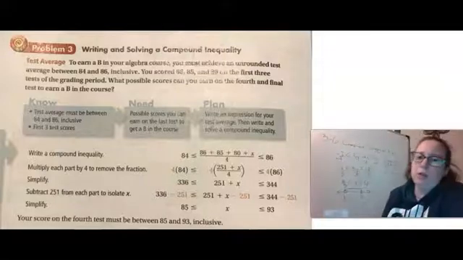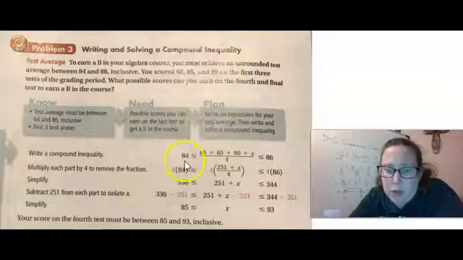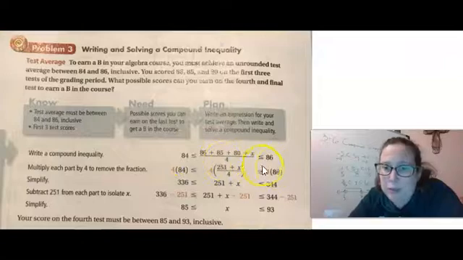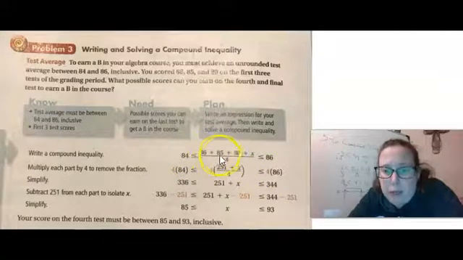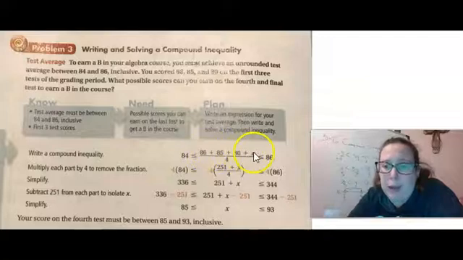So what they're showing us here is the compound inequality that you could use to solve this. Notice it has to be 84 or larger, and then it has to be 86 or smaller. So somewhere between 84 and 86 will get you a B. They have the first 3 tests here, and your variable comes in for the 4th test, because we don't know that. To figure out an average, you of course add your numbers and then divide by how many there are. So they've added the first 3 that they know,